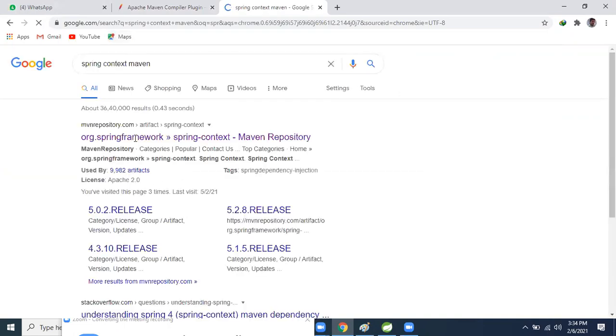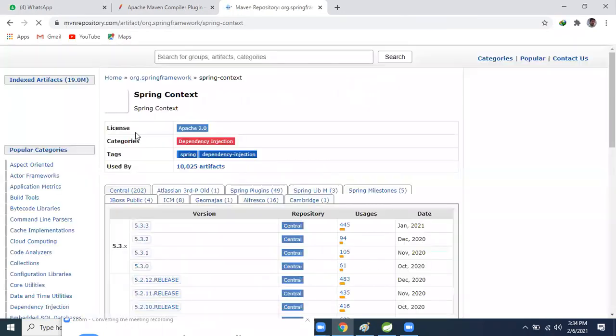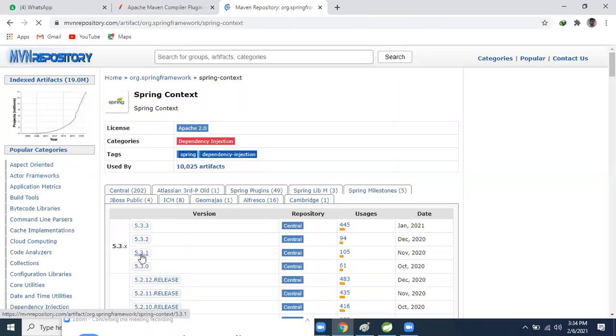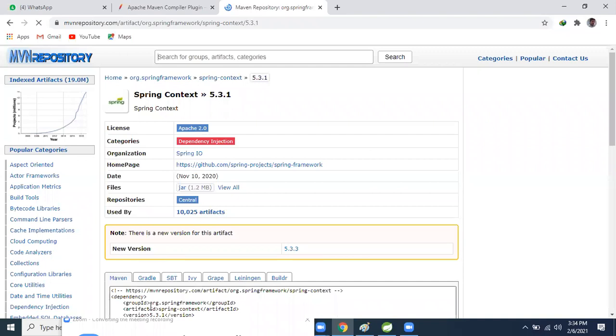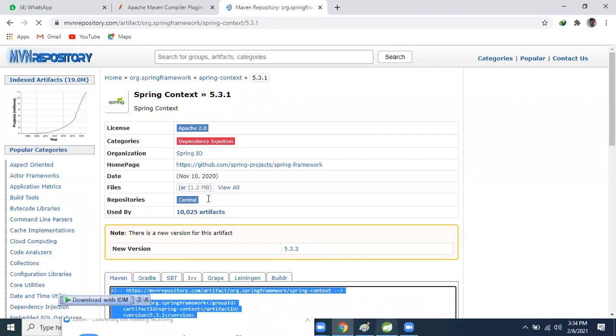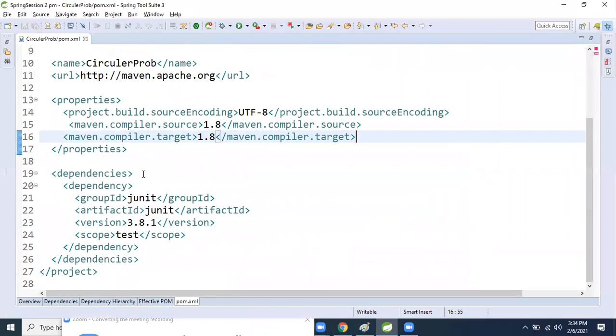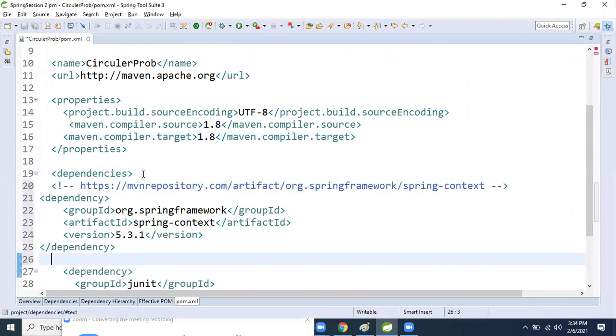Spring Maven context. Now copy it and paste it here.